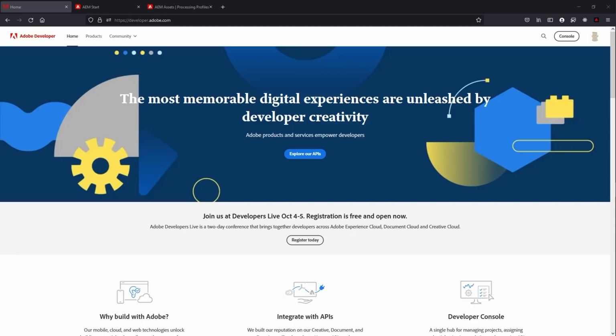All right, so let's get to looking at the code here. What I'm going to do is show you a project that Dewey put together for us. And it's going to do just what we talked about in the preface, which is we're going to create a number of custom asset compute workers that we're going to connect into a processing profile in AEM, and that will be applied to a folder. So let's start by checking out the App Builder project for this.